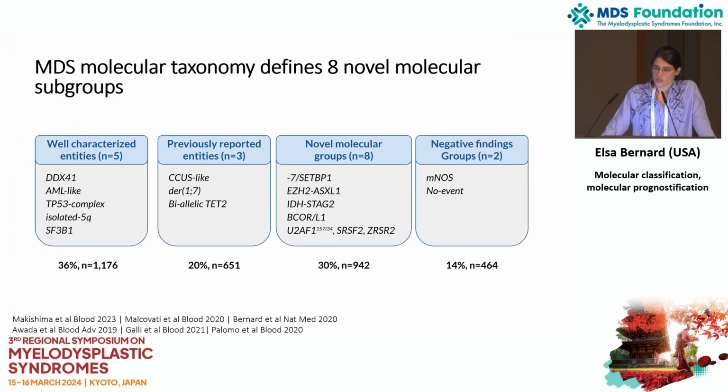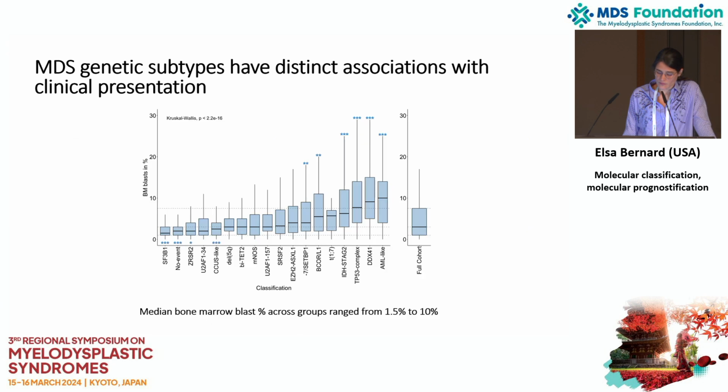Altogether, 5 of those subtypes have been corresponded to well-characterized entities. 3 of those subtypes have been previously reported and described in the literature. 8 subgroups were novel, and 2 were the negative subtype. We found that those different genetic subtypes had distinct association with clinical presentation, and this is an example of the